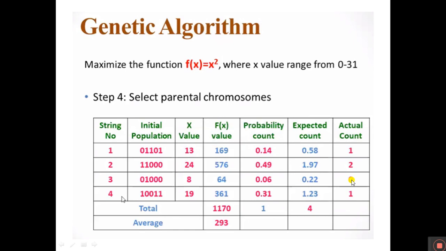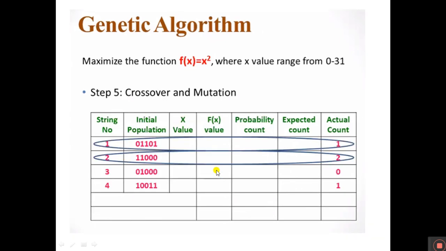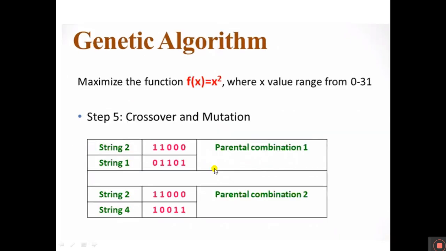So we can do a combination of the first two. So we are having 1 and 2, the last one is 1. So we can combine 1 and 4 and 2 and 4 separately. Then we are going to do the crossover. So if I am taking string 2 and string 1, then string 2 and string 4, the parent values look like this. This first one is the parental combination, the second one is another parental combination. Now I am going to combine these two, or these two, by crossover and mutation. We know how to do the crossover and mutation. We already discussed the different methods of crossover and mutation.